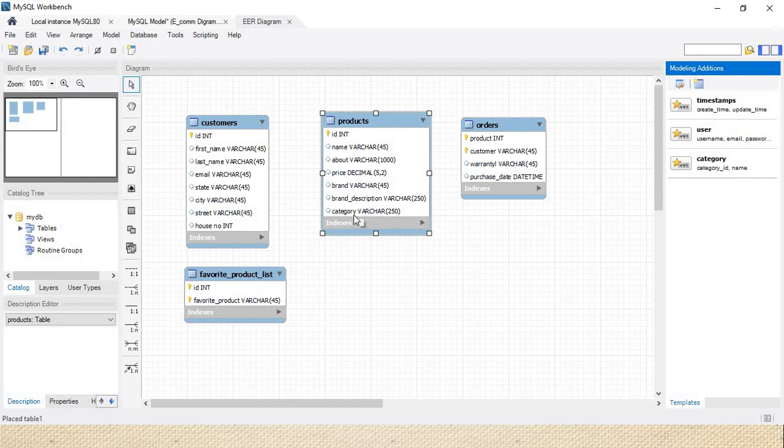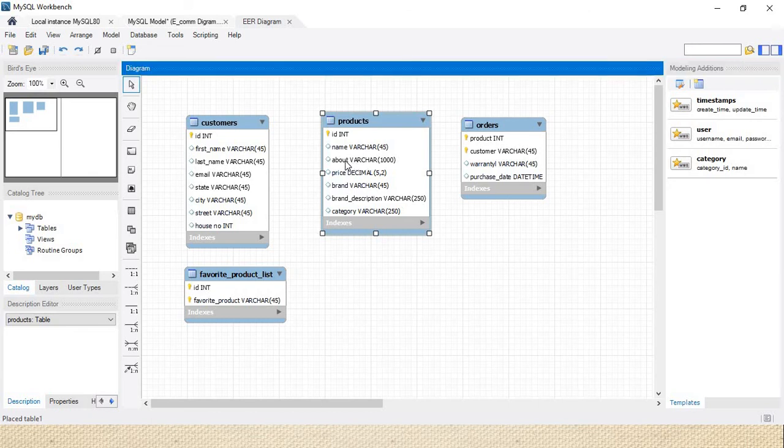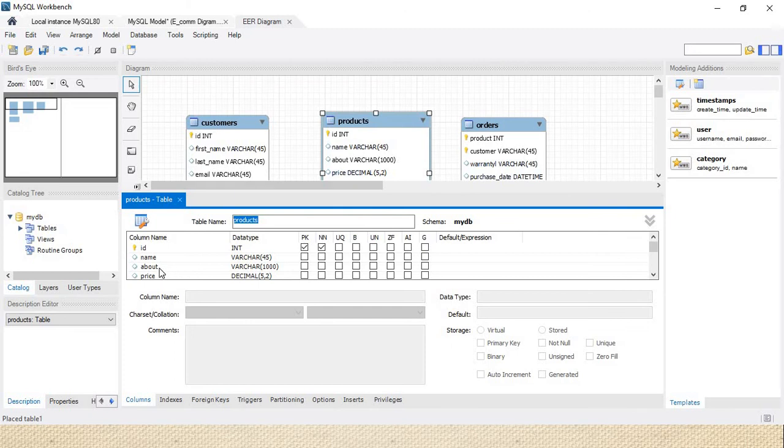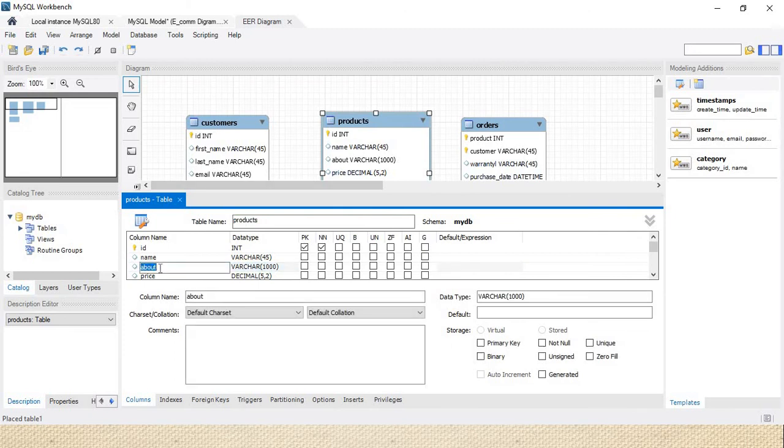What is the problem? Because there are lots of categories like child, adult, men, women, so lots of categories are available. So while selecting the product, there is a chance of getting multiple data, and we already told that if we're getting multiple data, then we will create a new table. So what should we do? First of all, we'll resolve the problem of about, and afterwards we are creating a new table for category. Click on that product, and here I will use tagline. It will inform us about the product.